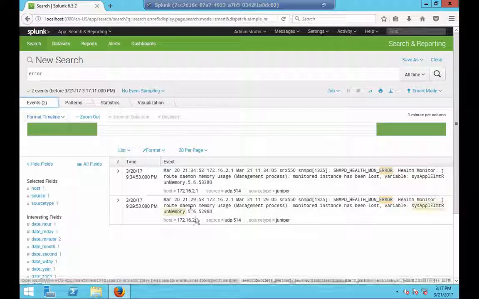Ooh, there were actually 2 errors generated. SNMP. I wonder, is that at the same time? I bet that's when I committed configurations because it had to restart the SNMP service. So, anyhow,